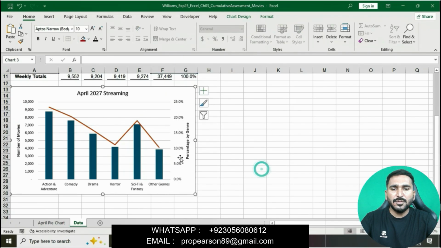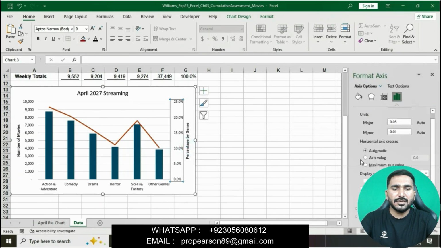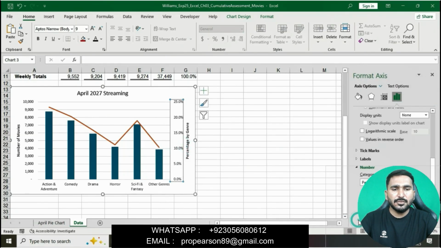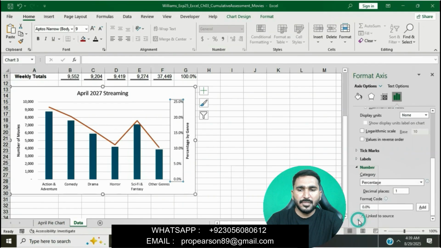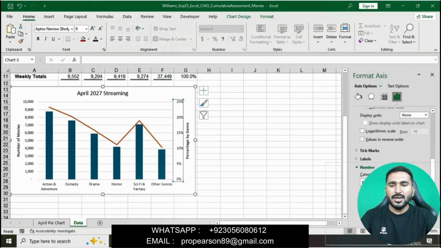Okay, go to the format chart axis. We will select secondary value axis, format axis. Okay, decimal places is 0. Okay, now you can see I have done